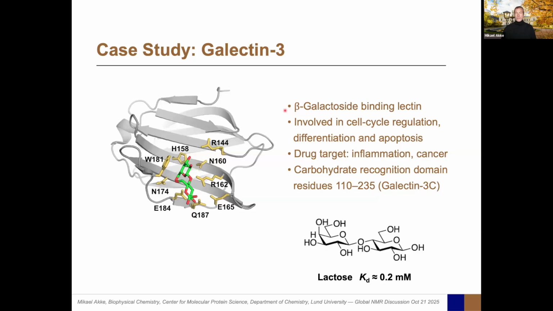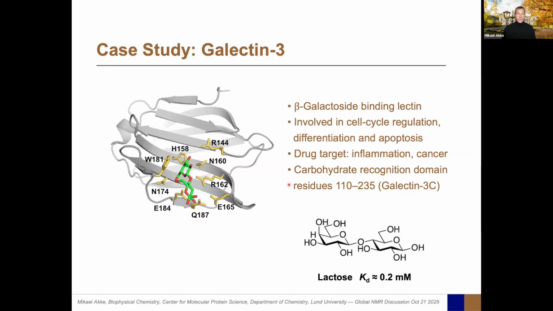And for these reasons, it's actually an actively pursued drug target, primarily in disease areas like inflammation and cancer. And what we will be looking at here is just the carbohydrate recognition domain, and this is residues 110 to